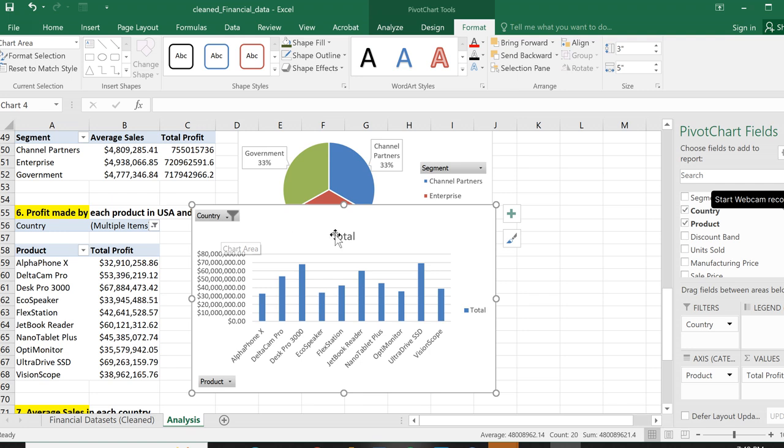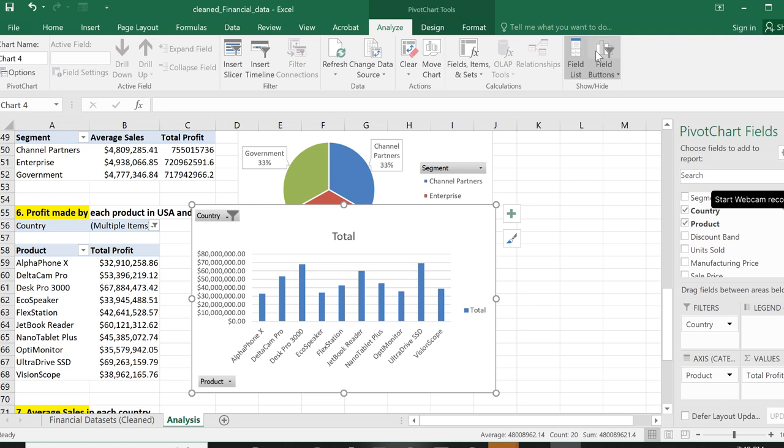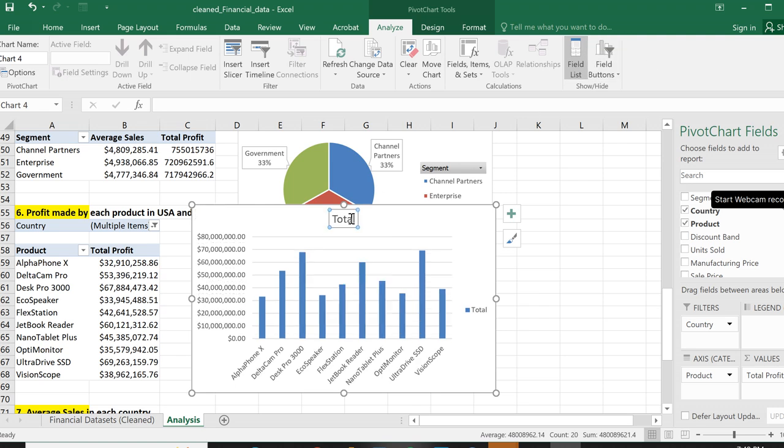Or no, we can remove it. We'll just write it in our headings. So let's remove that one first. Analyze, field buttons removed. You will just write it in your heading so that they can see. The major thing is that you must allow your chart to convey the information you are passing. Now this is